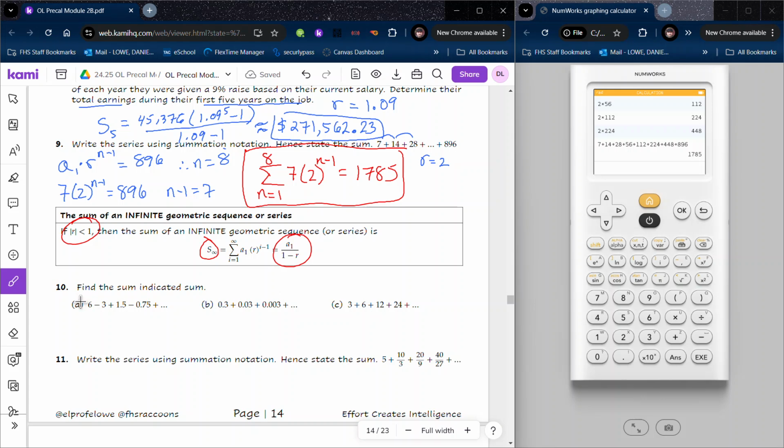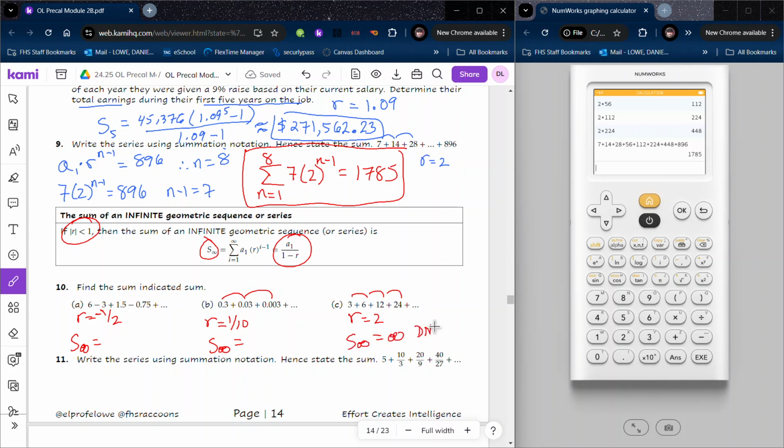So if I look at the first piece, my indicated sum, what's my common ratio? My common ratio is -1/2. That magnitude is less than 1. So sum to infinity exists. All right, if I look at my next piece and I say, well, what's happening between each term? It looks like I'm dividing by 10, so my common ratio is 1/10. My sum to infinity exists. If I look at my term after that, my common ratio is 2. The sum to infinity then is infinity,